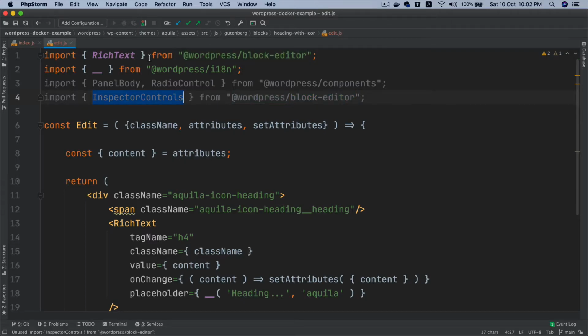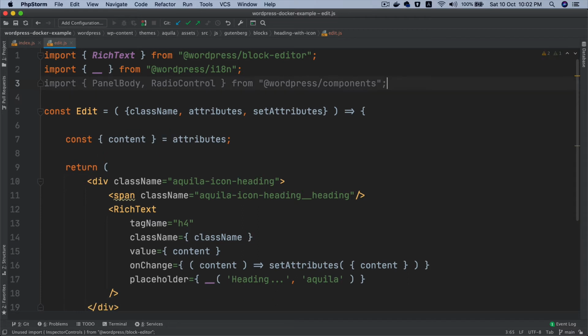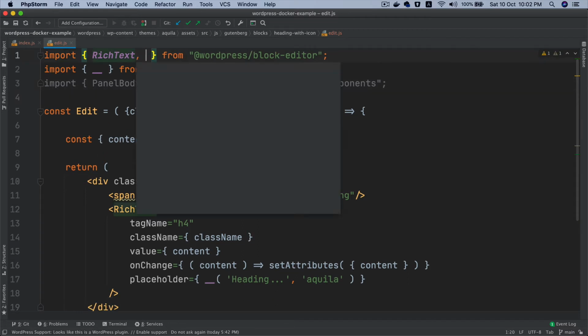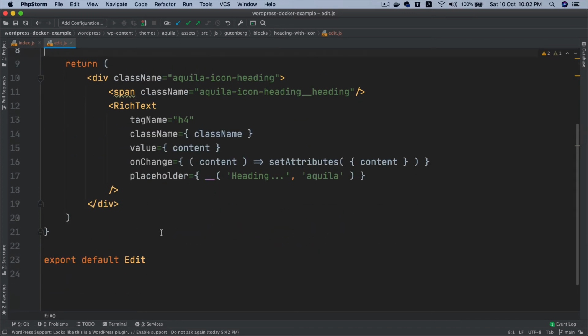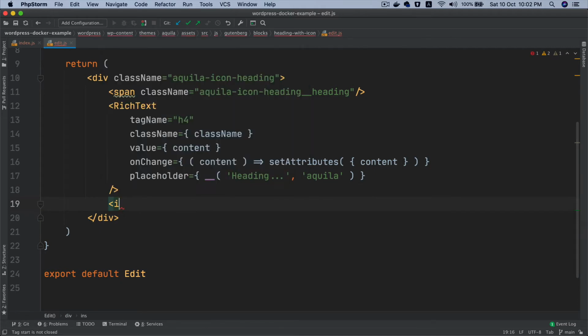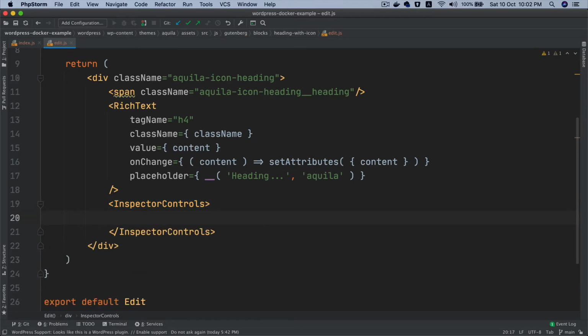Because we've already got that pulled on top, we can actually use the same thing over here like so. Okay, so let's get it in action. So what we're going to do is we're going to use this inspector controls first. So I'll come in over here and I'll say inspector controls, and then inside of this I'm going to have panel body,